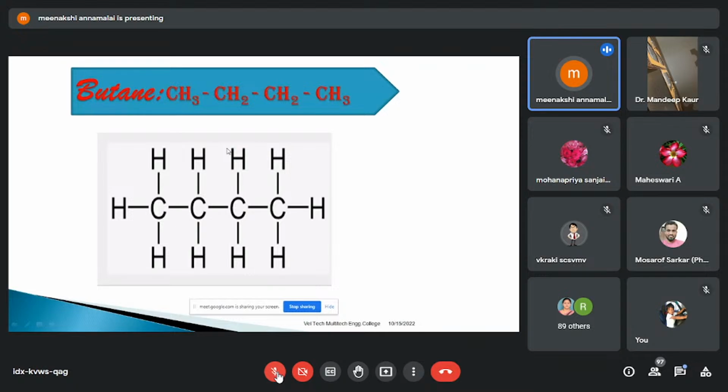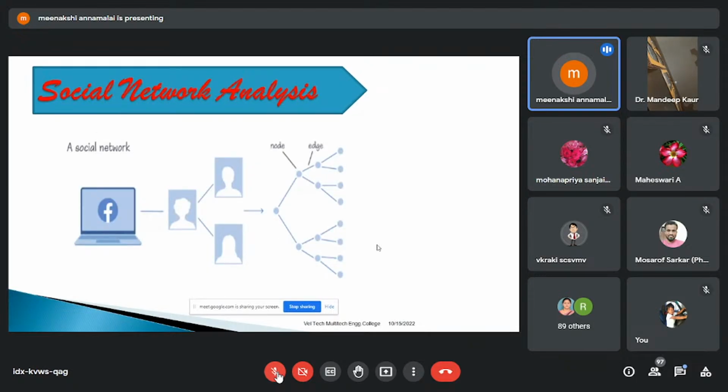So next one, social network analysis. So how the graph can be represented, and what are the applications in social networks. A social network gives a relation between the social entities. The entities may be a person or group or website or United States or scholarly publications.